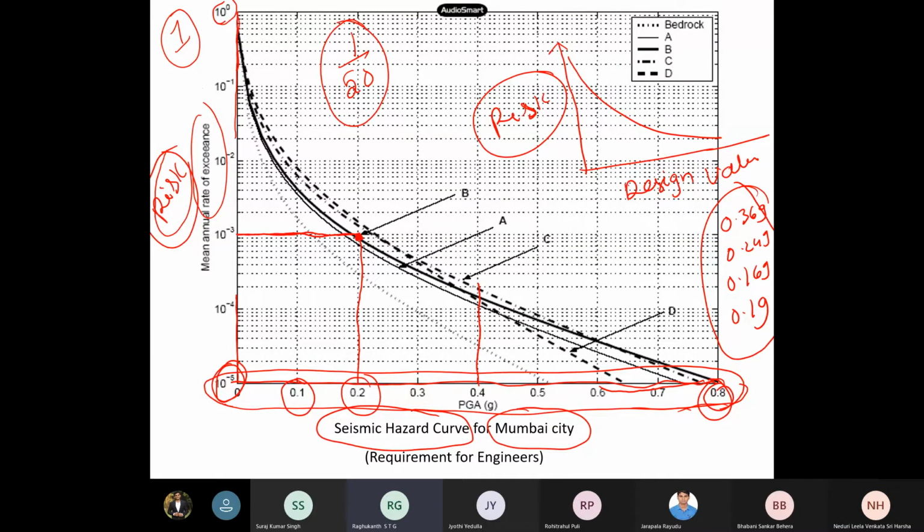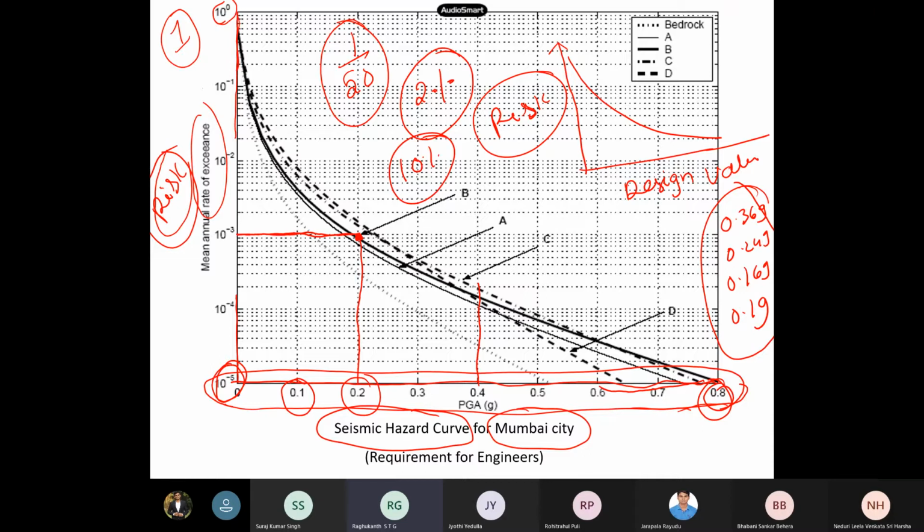So the wind load code gives you, if you design for that wind zone map, how much risk you are taking. All other codes are not giving that. But if you see international earthquake codes, IBC and others, they clearly specify the risk. Like 2% risk is allowed. Like the IBC, and the UBC, the Uniform Building Code, there you see 10% risk like that. People used to do this.